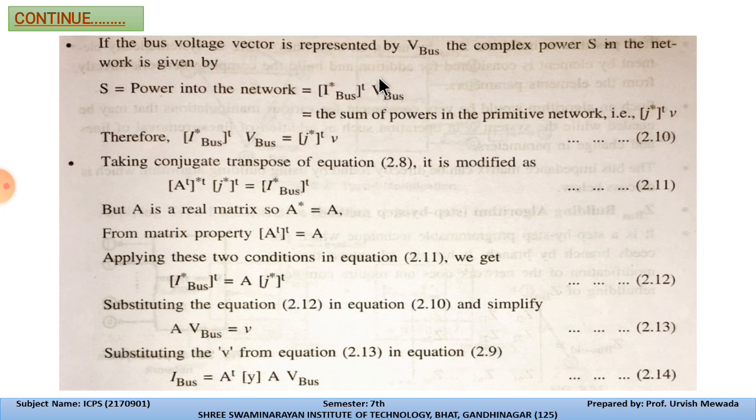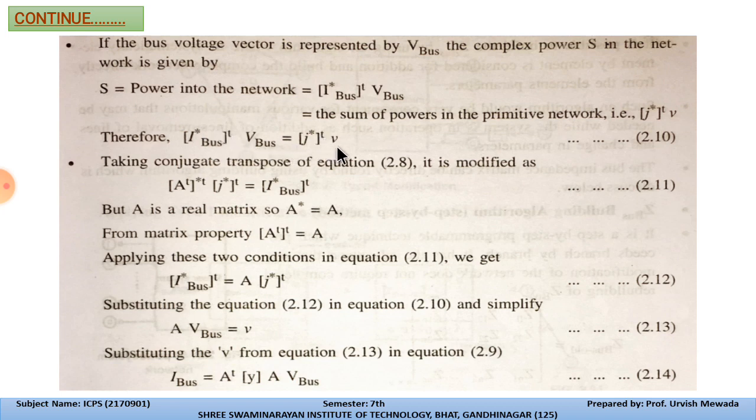So we have V as the V bus, and I conjugate we have the I bus, means transposition of the I bus, conjugate of the I. So the sum of the power of the primitive network is J conjugate transpose into V. So that's why the equation will become I bus conjugate transpose, meaning the matrix of this I bus conjugate transpose into V bus, is equal to J